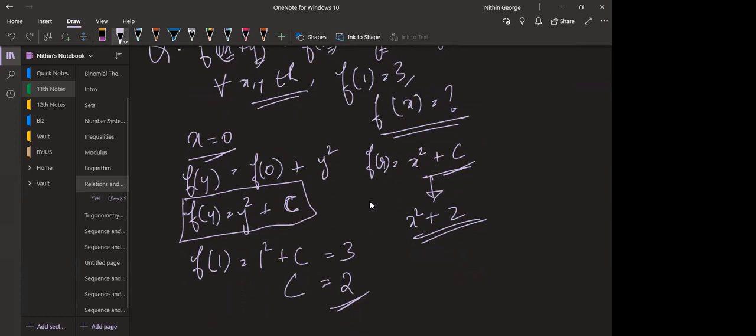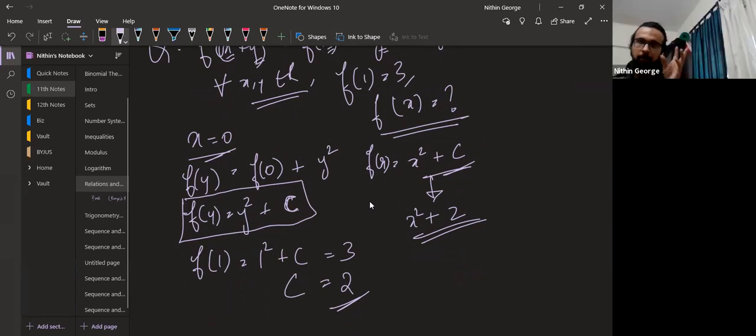Okay, so the same applies to x also. Instead of y, you can put apple, orange, x, epsilon, like anything you want, you can put there. All right. So it's the same argument there. So whatever input I give y, it becomes y square plus a constant c. That's the idea. Okay. So once I got into the form, I realized that I changed the name of y to x. That's all I did. Did you understand this? Yes, sir.